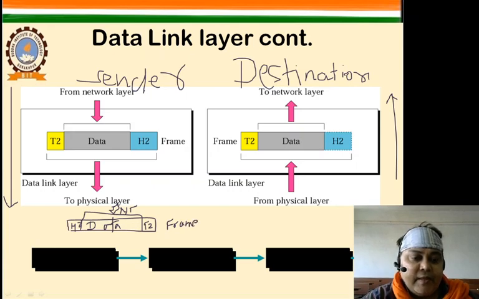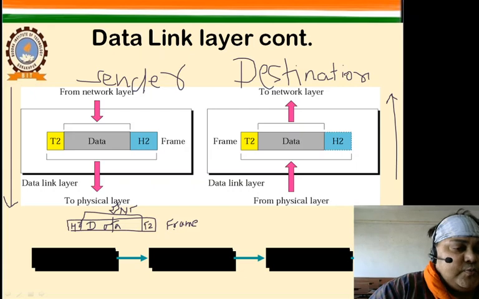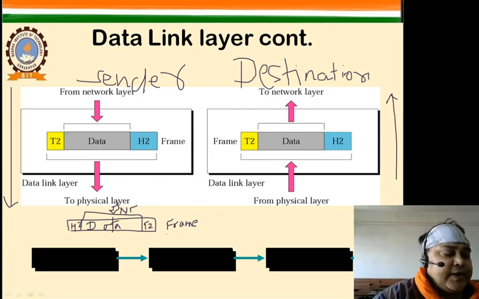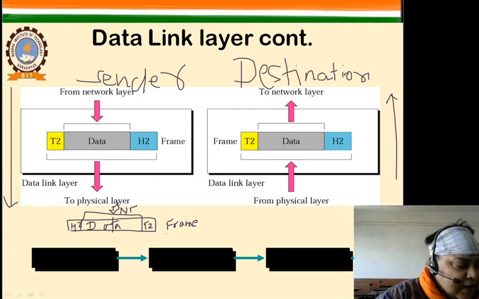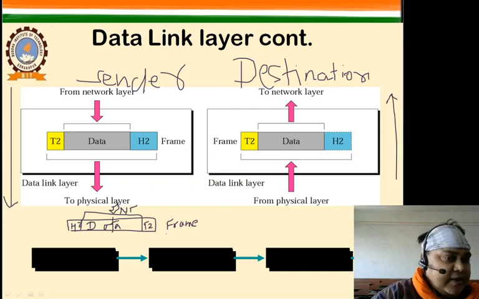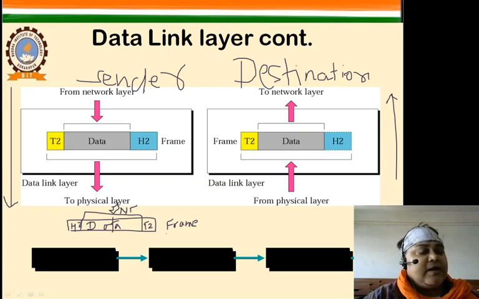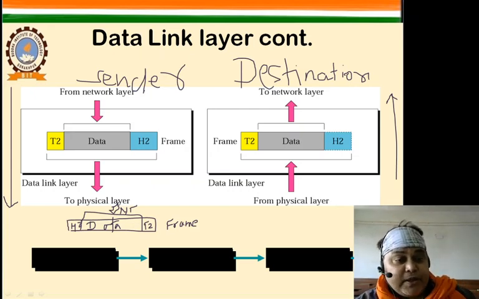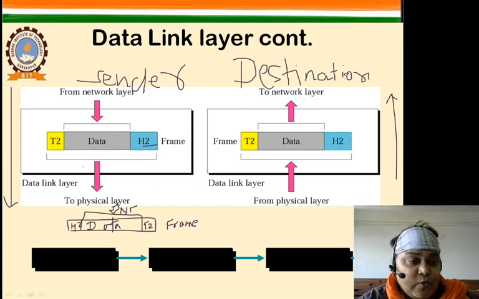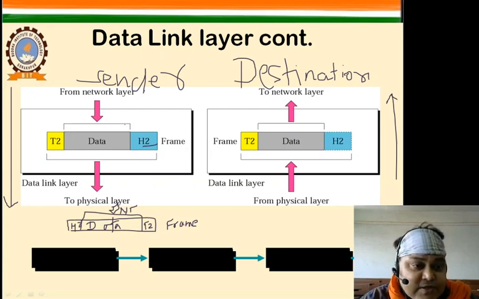हमने अपने बिट्स को जीरो वंस के, जो हमारा डेटा है, इसको हमने फ्रेम कर दिया, T2 लगा दिया, it signified or it defined that it is error free, and putting the header from at which layer this data is executed, it has been produced, we are putting the H2. So this one is the service from the network layer.